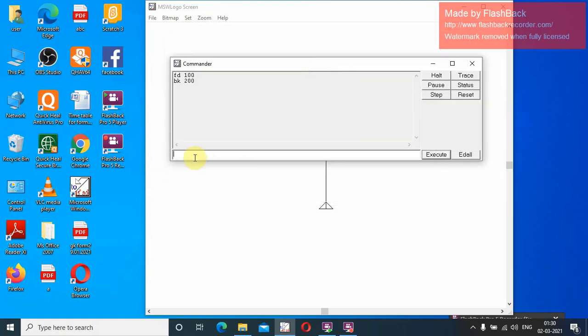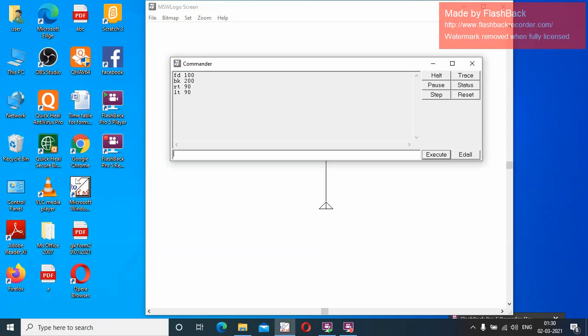Now the next command is RT space 90, turning the turtle to the right. I want to turn it to the left side: LT space 90, right? So I have turned it to the left side. So BK, FD, RT, LT.